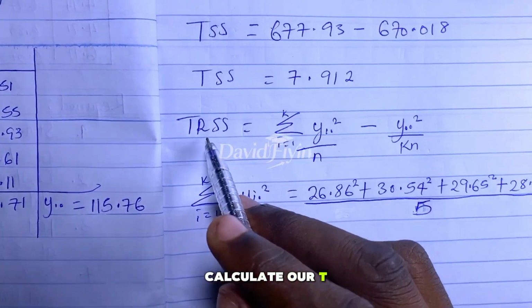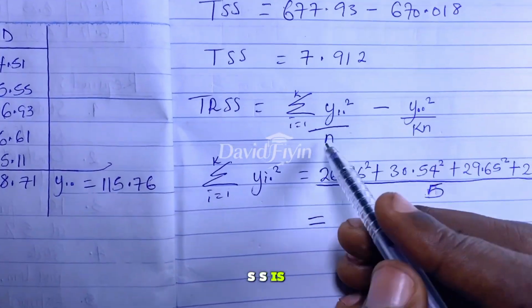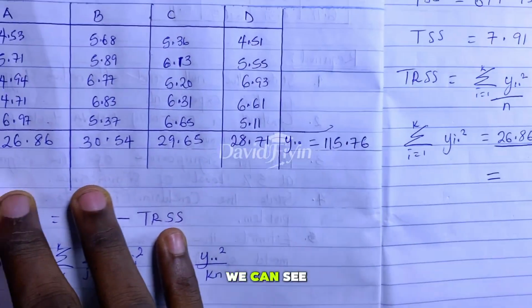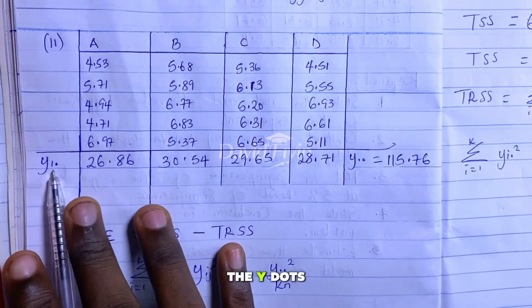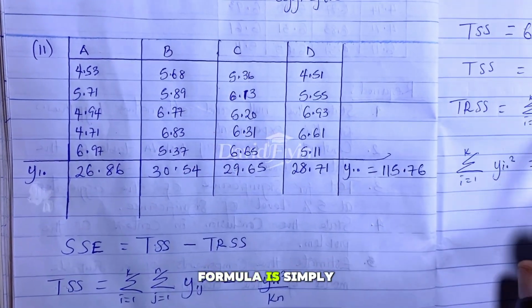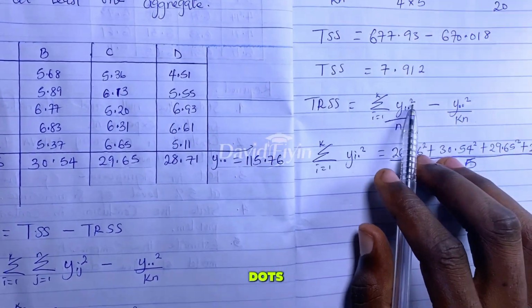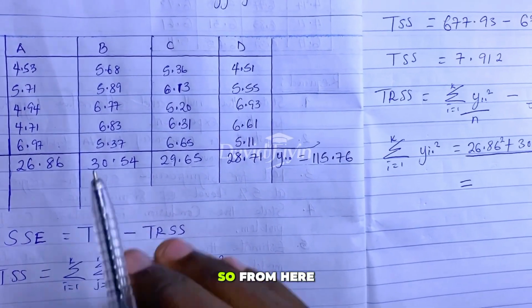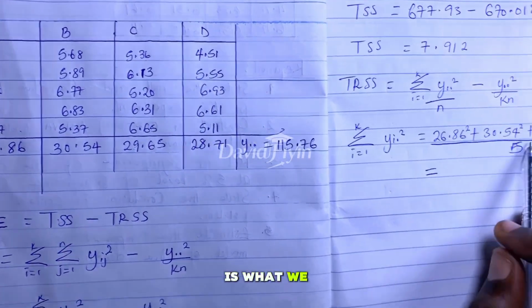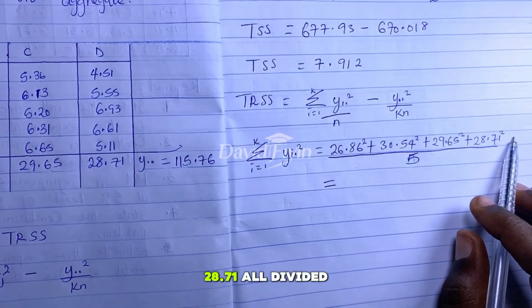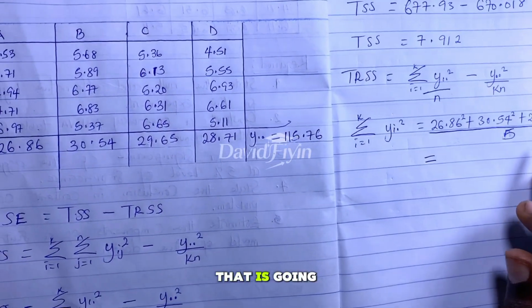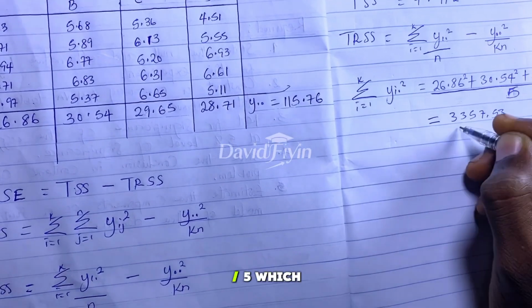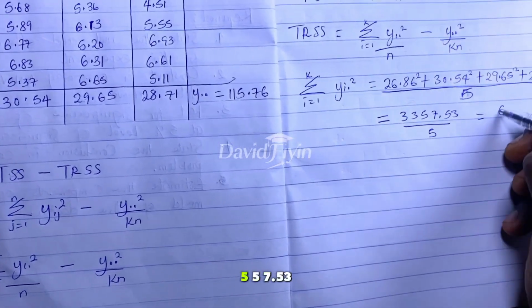So the next thing is to calculate our TRSS. And the formula for TRSS is given as this. So we take the first part of the formula, summation yi dot squared over n. And from this table, we can see that we've been able to calculate each of our yi dots. So yi dots represent the sum of all the observations under each treatment. What this formula is simply saying is that we square each of these yi dots, then we sum all of them together, then divide by n. So from here, we square 26.86, add it to the square of 30.54, and so on, up to the square of 28.71, all divided by 5. And so what that is going to give us is 3357.53 divided by 5, which will give us